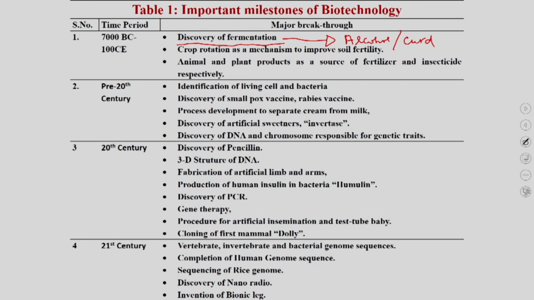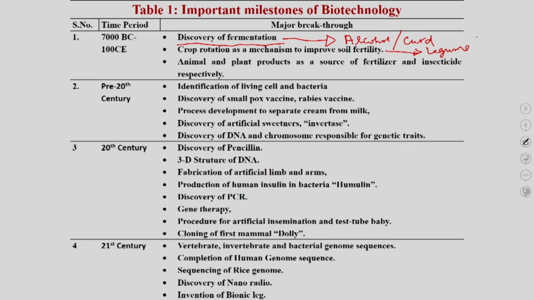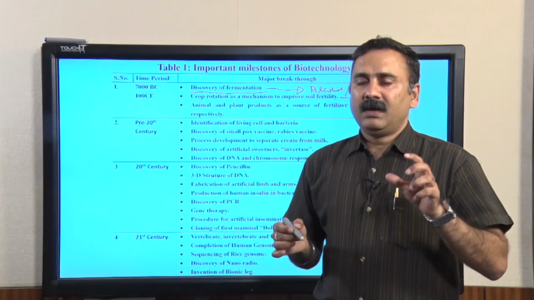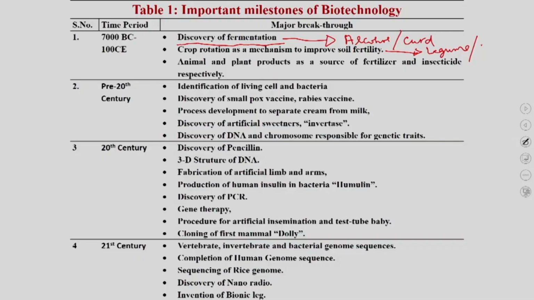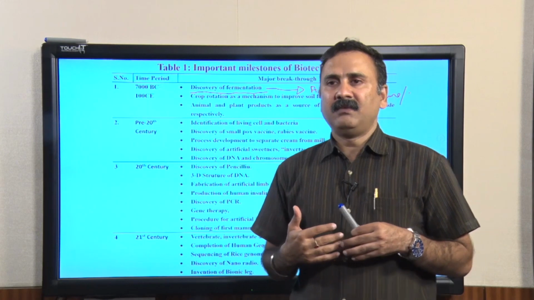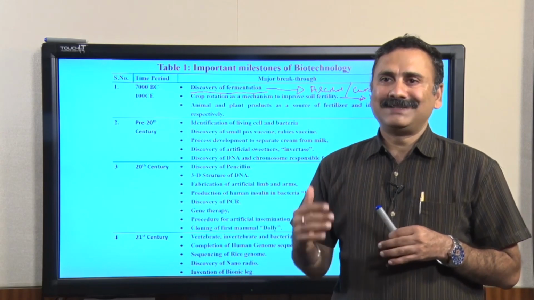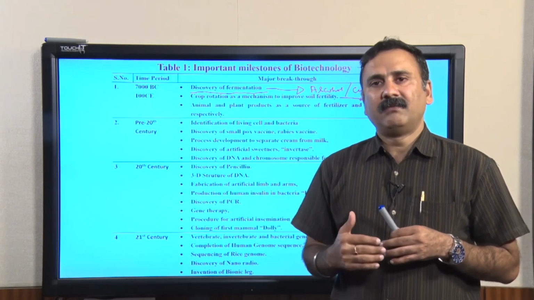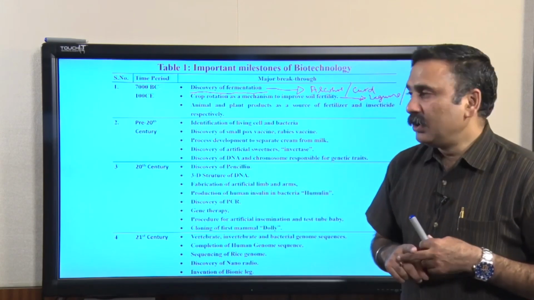After that they started observing very minutely the development of different crops as well as their productivity, and what they noticed is that once they rotate a particular crop in a particular combination, that gives them more food grains. One such example is if you grow a leguminous plant versus any other crop. They found that if they rotate a crop with the leguminous crop, the productivity of the land remains intact. At present we know the reason behind this observation, but at that time people were not able to understand why it was happening, but as a practice they were making crop rotation and growing the leguminous plant followed by the non-leguminous plant.